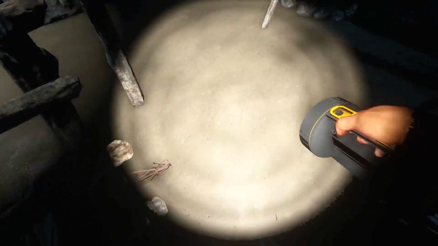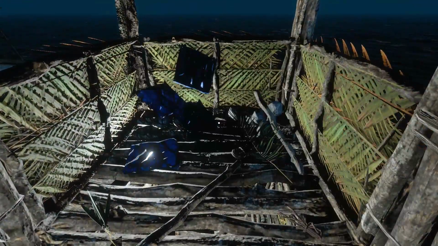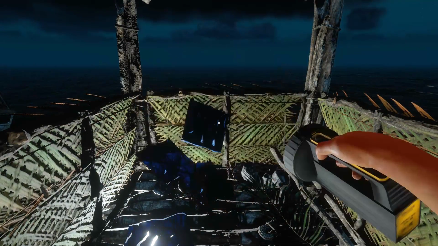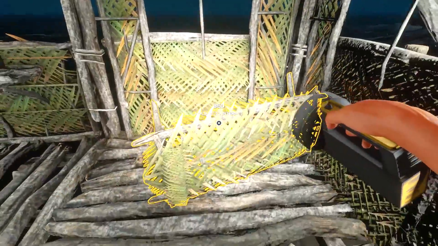What's that down there? That's leather. Oh dear, that should be up the top. That was a casualty of a small crap explosion. So we'll just drop. No, of course, every time we need a head torch. This game desperately needs a head torch or a way of putting a burning torch on your head. And